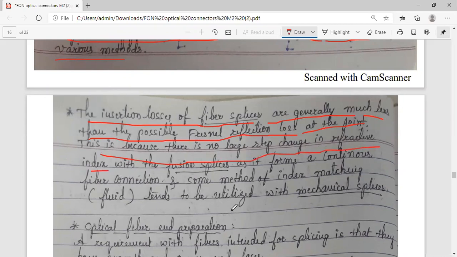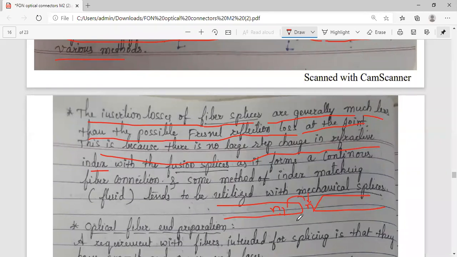What is the concept behind this? When we went for Fresnel's reflection, we saw in the previous session, when you are joining two optical fibers, what will happen in between? You have some gap. If this has refractive index n1 and this has some refractive index n, I don't know whether it is air or some other medium. If there is some gap, what will happen? There is a sudden change in the refractive index. Because of the refractive index change, what will change? It depends on what?